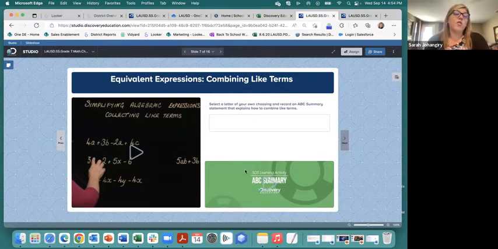And then here's one of those first spotlight on strategies to have the conversation. So ABC summary is a strategy that you can combine with this video, where the students would pick a letter and they will start a sentence to talk about what they know about like terms. So if I get the letter L, I could say, like terms means I'm combining numbers and symbols that are